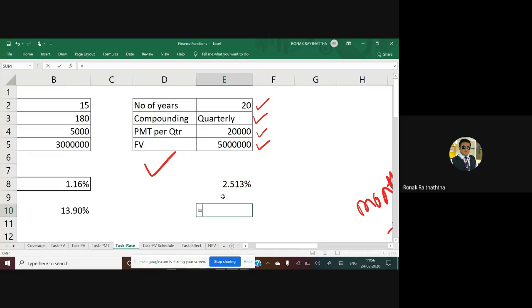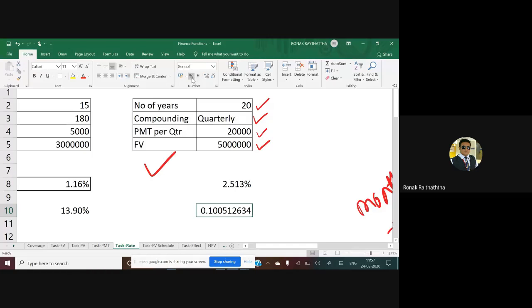2.513%. So if you multiply that with, okay, can someone tell me, you will have to multiply that with what? Who will tell me? 4, sir. Very true. So equal to this percentage multiplied by 4, because this is the quarterly rate you have got. And if you multiply that, your expectation is coming out at, let me convert this into a percentage, and let me increase the decimals a bit, so you get 10.05%.